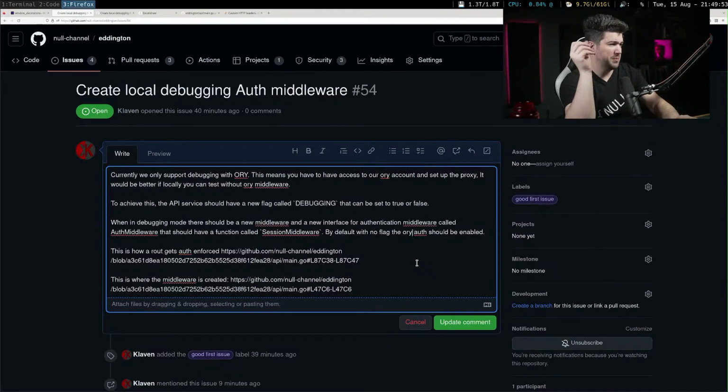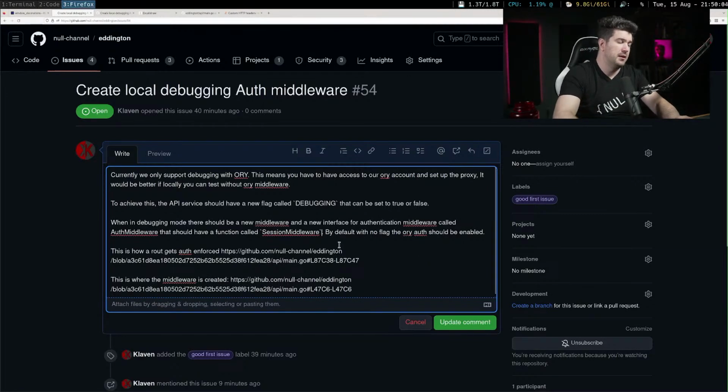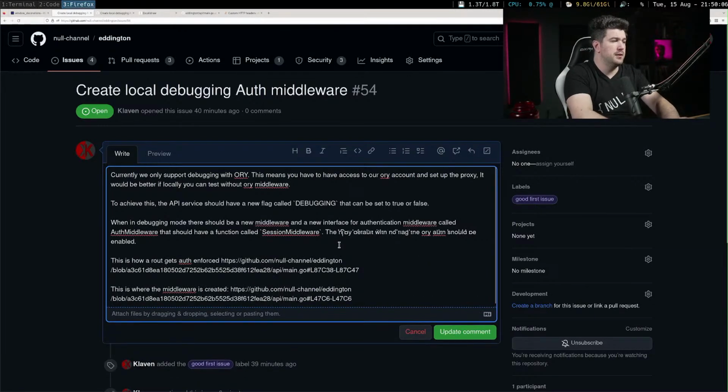Okay. When you debug, there should be a new middleware and a new interface for authentication middleware called authentication middleware, and it should have a function called session middleware. The new debugging auth should effectively be a no op.